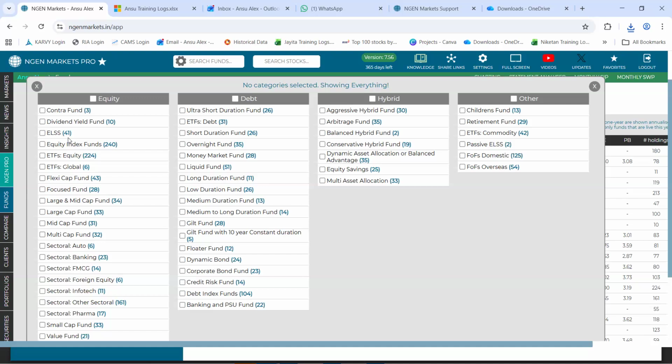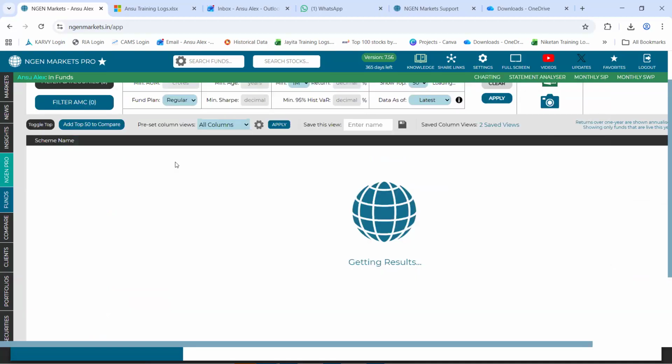Let's say for today's portfolio creation using Engine Fund Score, I select a total of five categories. Let's say I select a flexi cap, followed by a mid cap, then a value fund, following that a multi-cap fund, and from the hybrid bucket I select aggressive hybrid fund. So we have selected five categories in total: flexi cap, mid cap, multi cap, value fund, and aggressive hybrid fund. All the funds that come under the universe of every category will now come up onto your screen.